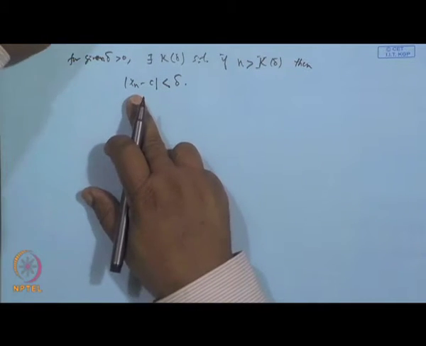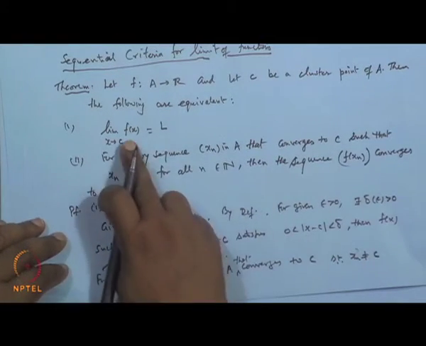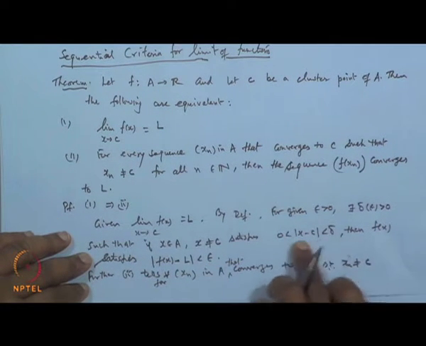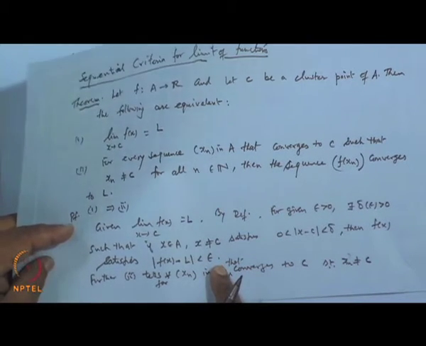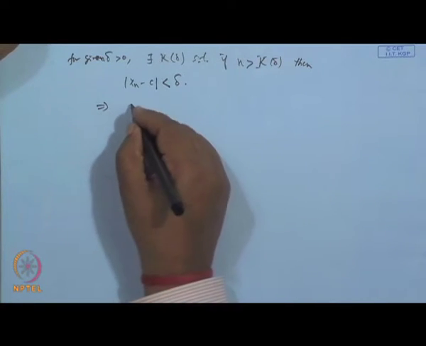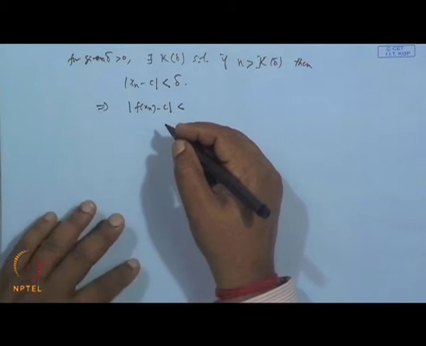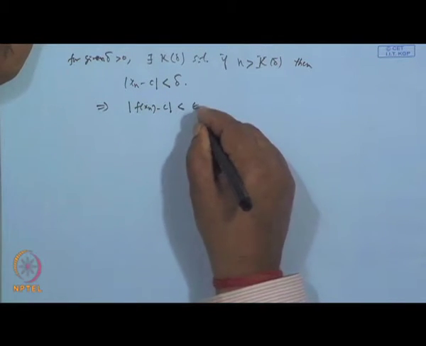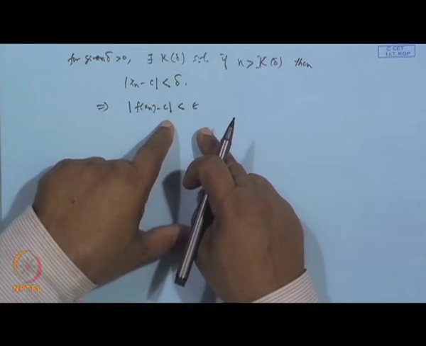But for this particular x_n, the result of the previous step says f(x) tends to the limit L when all such x satisfy this condition, that is, |f(x) − L| < epsilon. So this x_n will also satisfy this condition. Therefore, from the previous step, |f(x_n) − L| will also remain less than epsilon. Is it not? For such x_n, this will satisfy this condition.